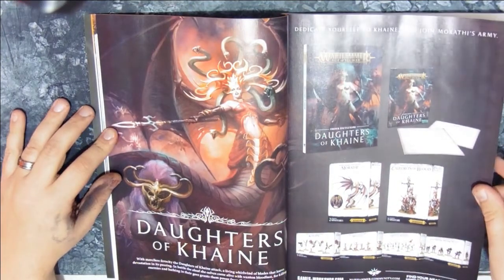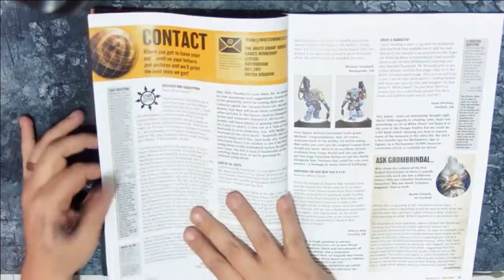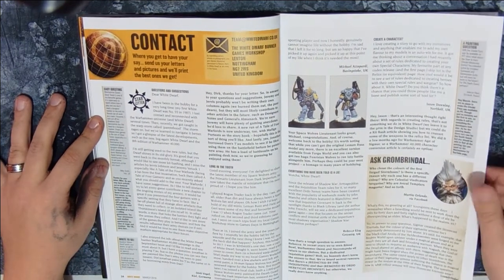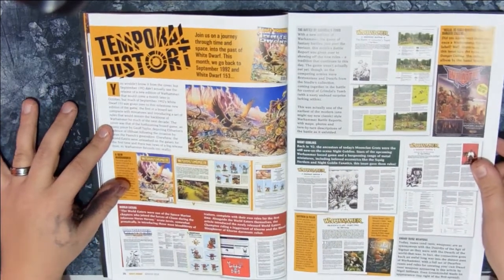More adverts, a bit of an idea of exactly what you can get in the Daughters of Khaine stuff. Just the fan letters. Let's not talk about that. And a bit